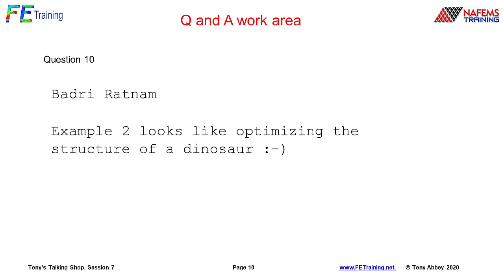Badger says example 2 looks like optimization structure of a dinosaur. Yeah. Again, this is where, what do you want? Do you want something which looks very similar to what you've always produced before, a variation on it, or do you want something very radical? And that's where the optimization tools really at the back end, when you say I want to do symmetry, all sorts of manufacturing constraints such as something that should be extrudable and things like that, you get back to more